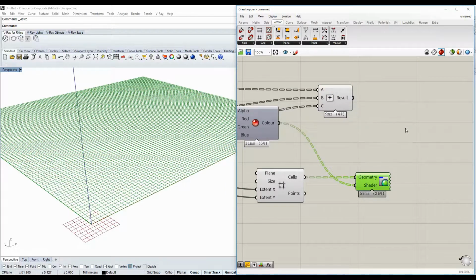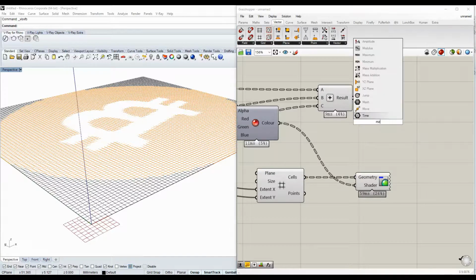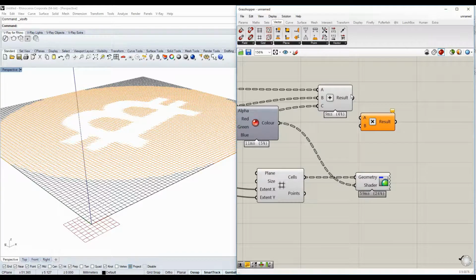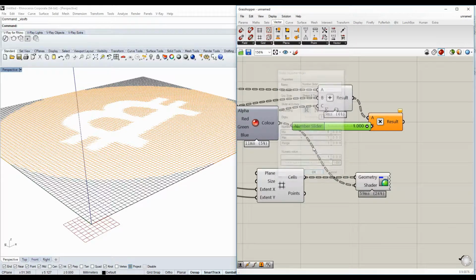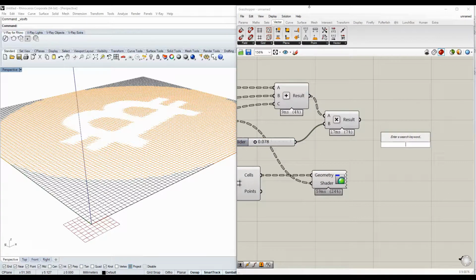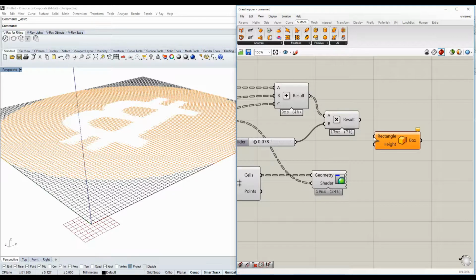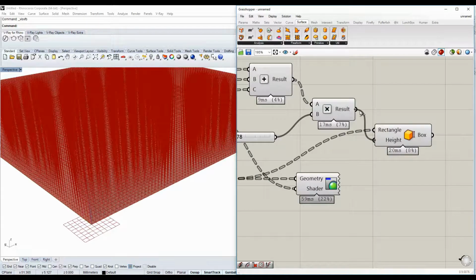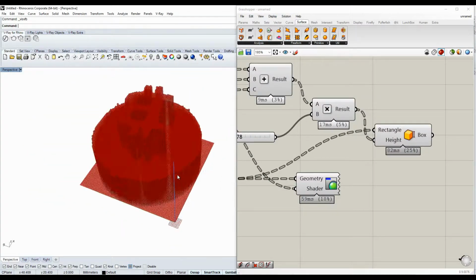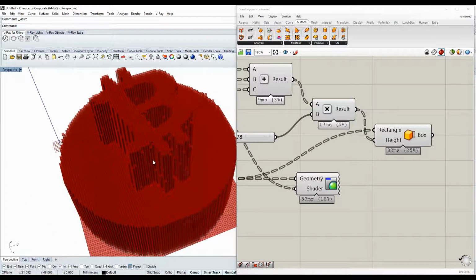That will be basically the extrusion that we're going to use, but we actually might need to multiply it a little bit so it will be a little bit smaller, otherwise it will just extrude into the sky immensely. Just a bit smaller here, and we're going to use, under surface primitive, box rectangle. The rectangle will be our cell, the height will be that here. As you see, it already gives us our very nice